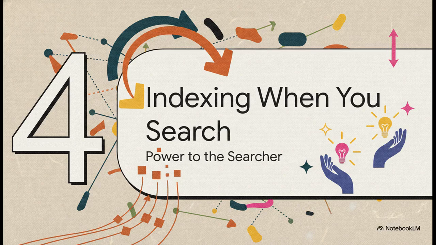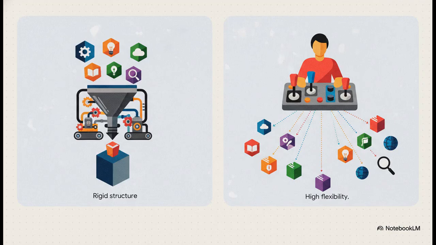What if, instead of having the indexer do all that hard work up front, we just give all the power to the person doing the searching? And the key difference, the whole ballgame, is when the ideas get combined. With pre-coordination, it happens at the beginning, at the input stage. It's locked in, it's rigid. But with post-coordination, it happens at the end, at the search stage. You, the user, get all the flexibility to mix and match terms however you want.